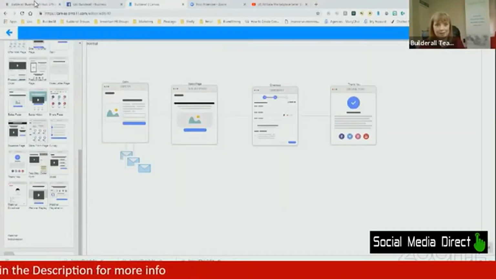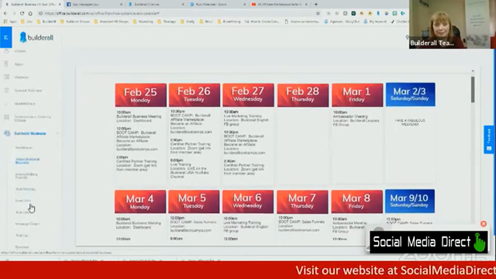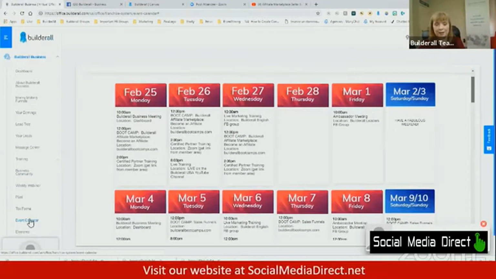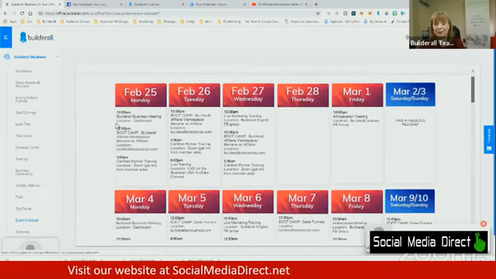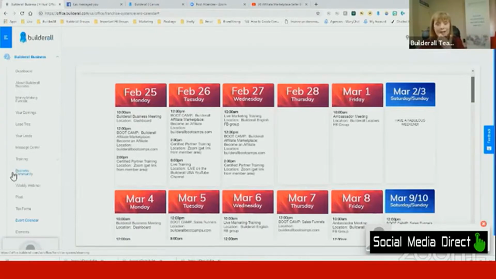And let me see if I can go in and share that. Hang on just a second. I'm going to share my screen. And oh, there's the calendar. That's been updated if you guys have not seen it yet. To get to the calendar, you just go to the Builderall business area and then go down to event calendar. And that will give you all of the training that's coming up that we know about, right? The scheduled training. And it tells you exactly where the training is going to be so that you can get involved and access all the training. So now back to the